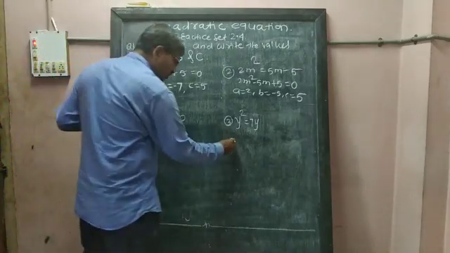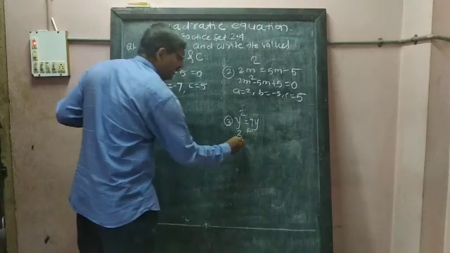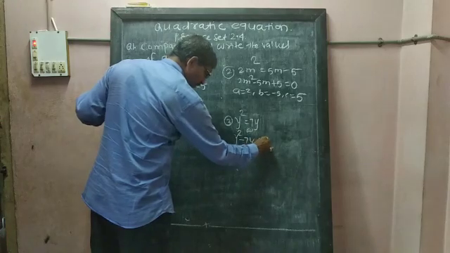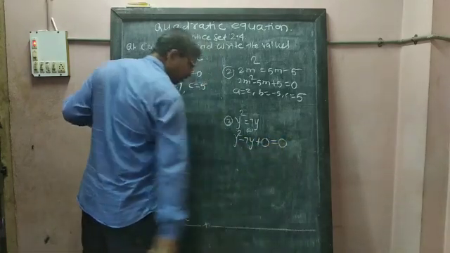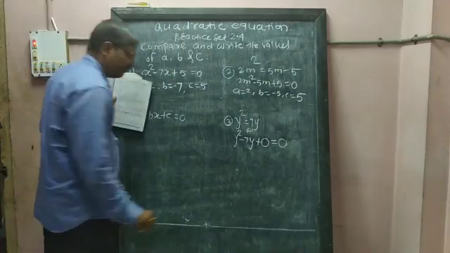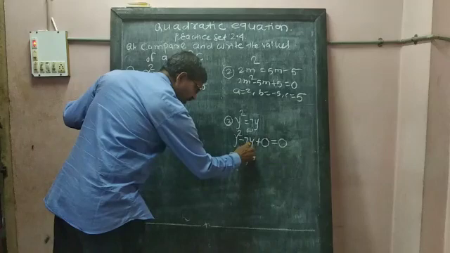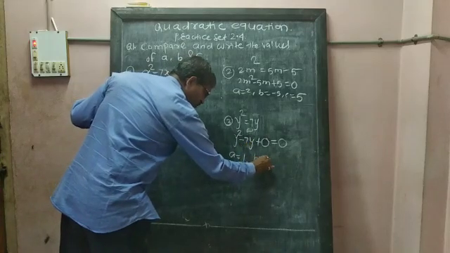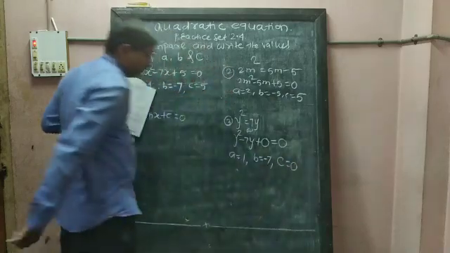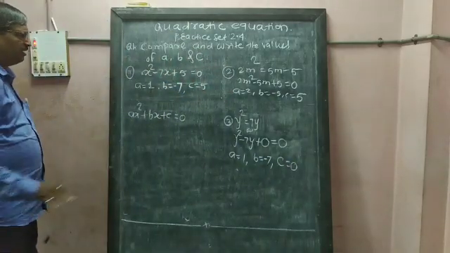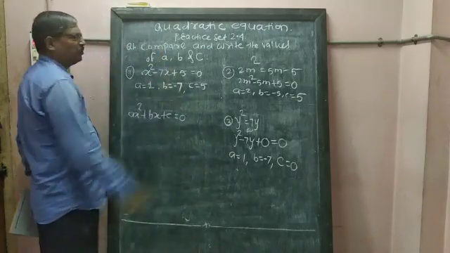Now in case of question number 3, here y square, this 7y will come to the left hand side: minus 7y plus 0 is equal to 0, because the constant term is not provided. Therefore a is equal to 1, as nothing is given. Here b is equal to minus 7 and c is not provided, that is 0. Okay, these are the answers of question number 1 of 2.4.